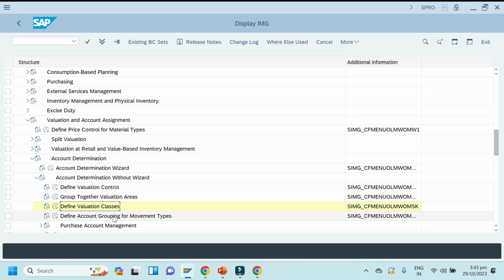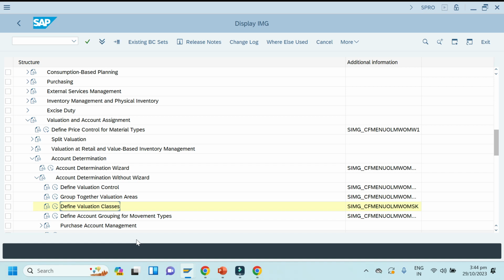Next is, note down some points in the third step. I will make you note 2-3 points here.